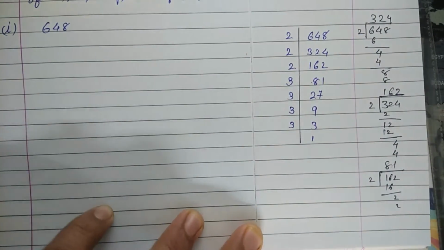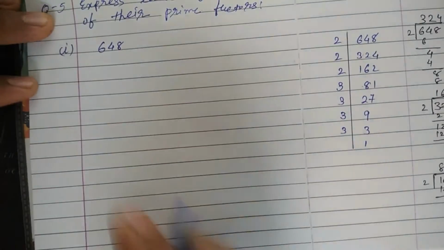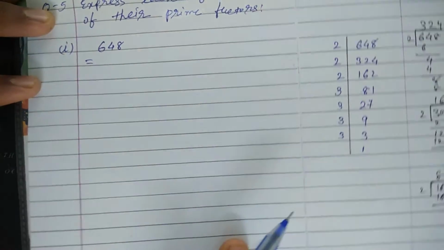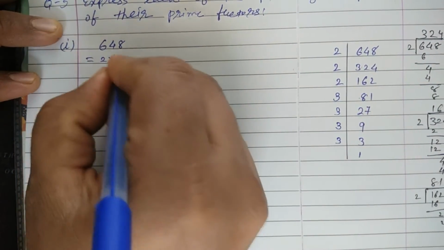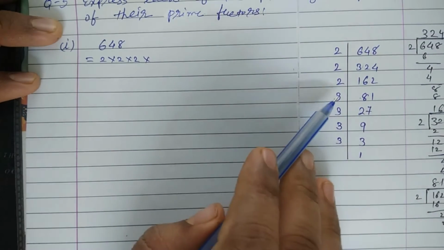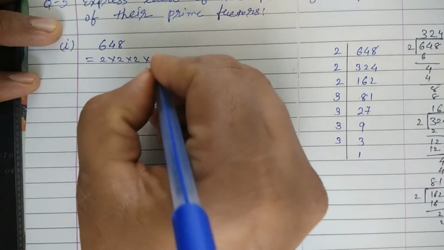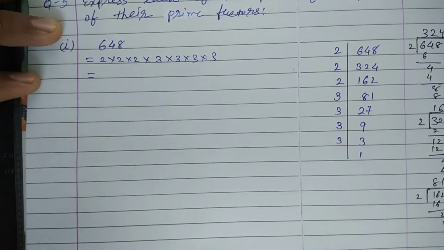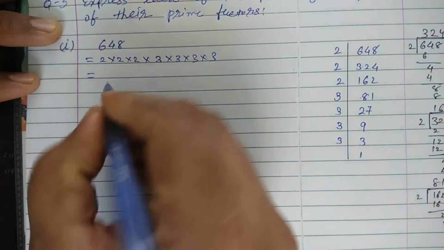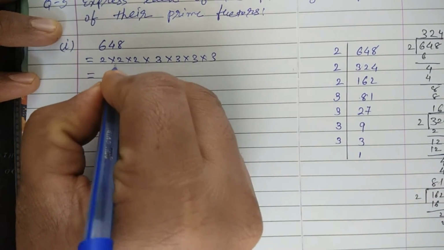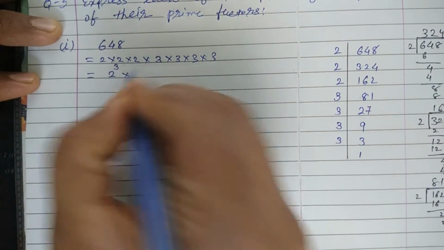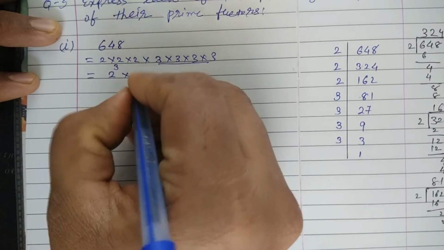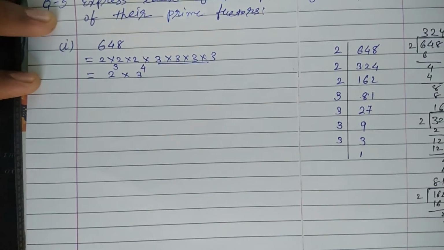So prime factorization done. Now we will write its factors. So as here we can see that 2 multiplied 3 times, then 3 multiply 1, 2, 3, 4 times, 3 multiply 4 times. So that is equal to, in exponential notation, 2 multiply 3 times means 2 raised to the power of 3, that is 2 cubed, multiply by, then for this one 3 multiply 4 times, that is 3 raised to the power of 4. So this is our answer.